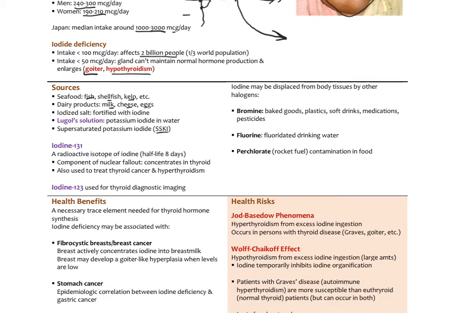Iodine 131. So iodine has a number of different isotopes. Iodine 131 has a half-life of about 8 days. It's actually a component of nuclear fallout. And being iodine, of course the body can't distinguish isotopes, it just concentrates the chemical element. It will concentrate in the thyroid, and iodine 131 concentrated there is going to emit radiation, and that's going to potentially